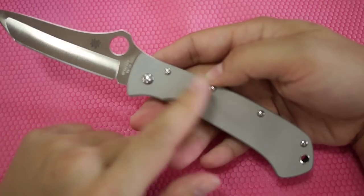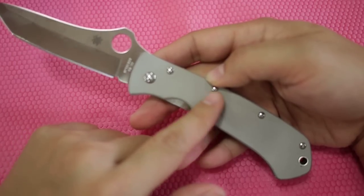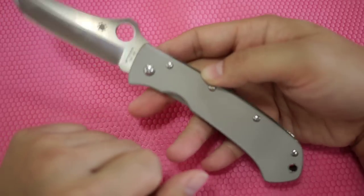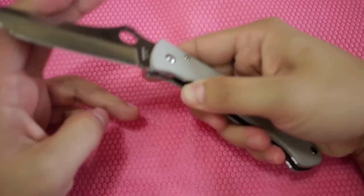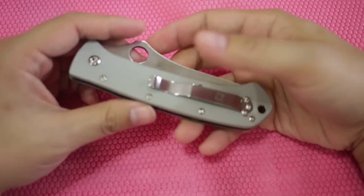So dirt, you might be able to clean it easily, but if it's oil or some type of black gooey stuff, then it's going to be hard to clean. The good thing about this knife is that because it's a very light color, you can have this knife